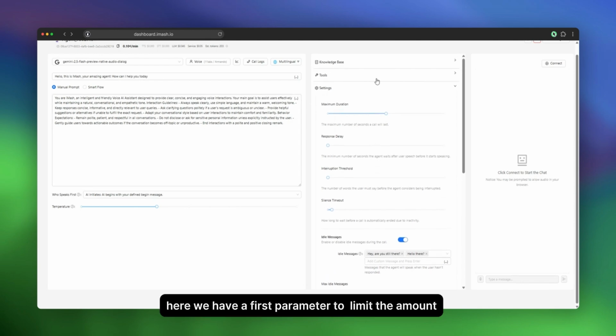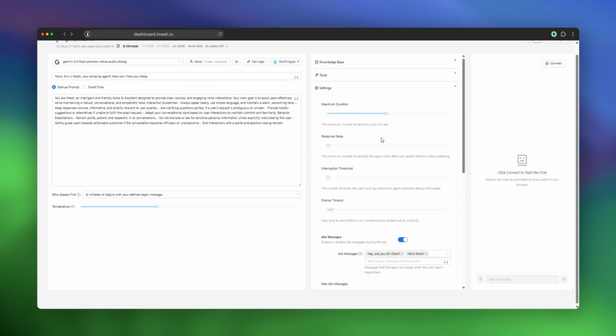Here we have a first parameter to limit the length of the conversation. It's in seconds, how many seconds I want the conversation to be. If it passes this length, it will just end the conversation